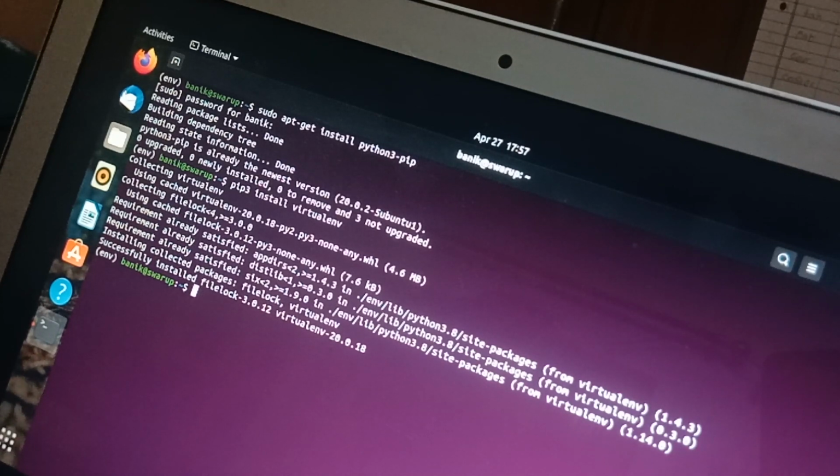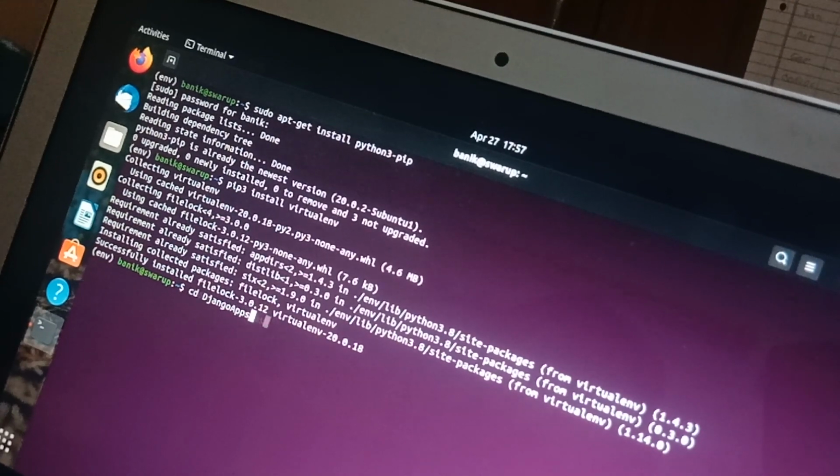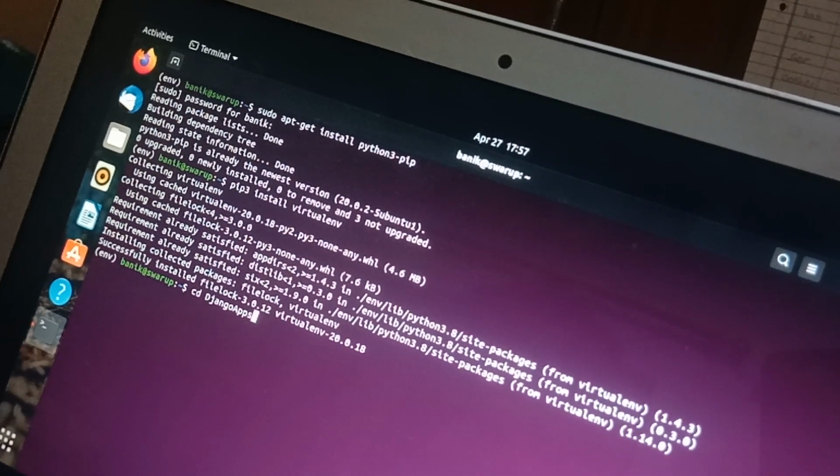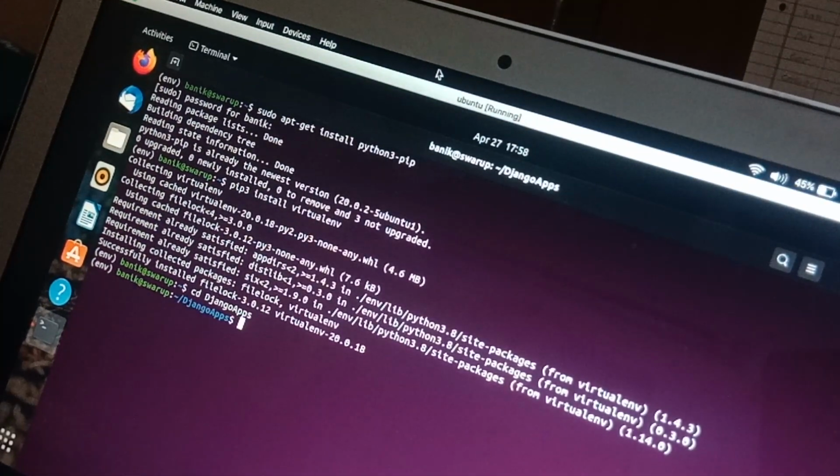Then I will make a directory called Django apps. We made the directory using mkdir, then cd into Django apps. Going inside the directory, I have to create one new virtual environment.